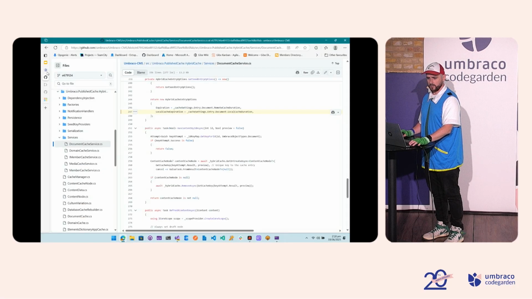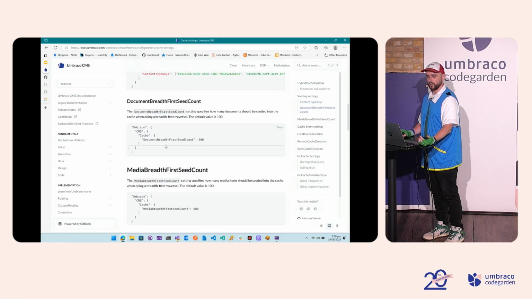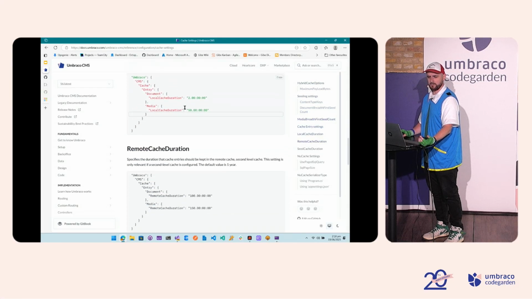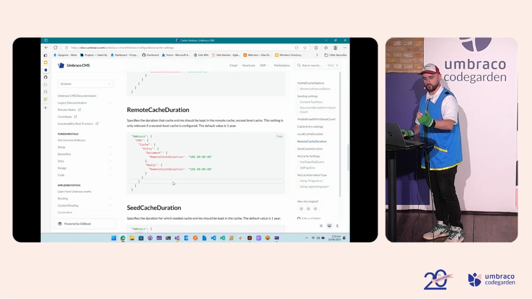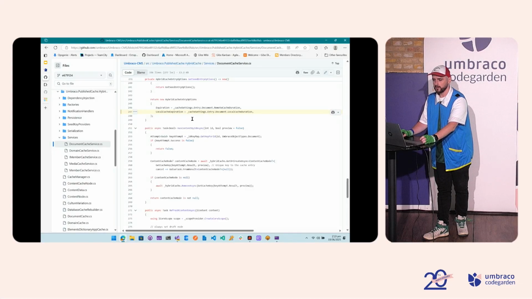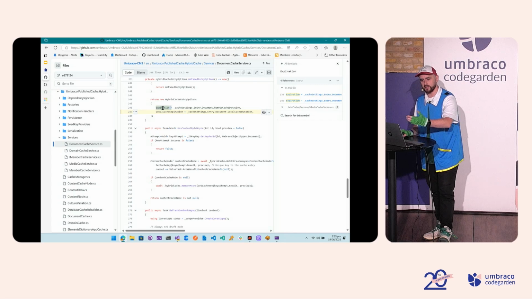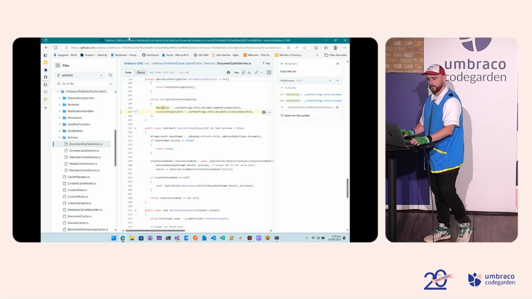I can show you here. You can see, in the docs, you have configurable hybrid cache settings for the local cache duration for media and documents, same with the remote cache duration, and you can see how they map to the options that we were setting here. So these are exactly the same hybrid cache entry options. They actually map to the expiration and local cache expiration. So Umbraco's already using that,